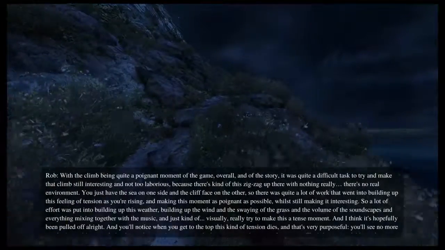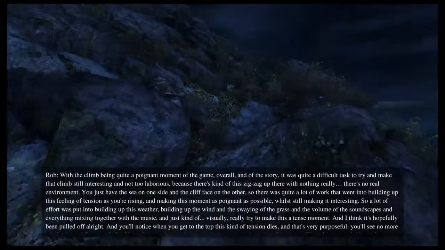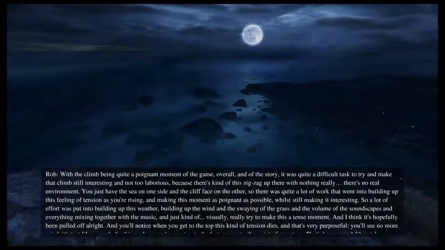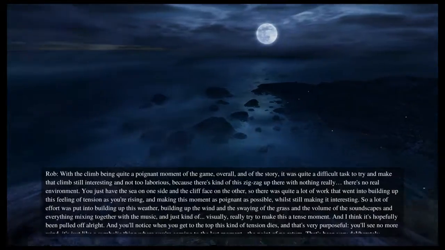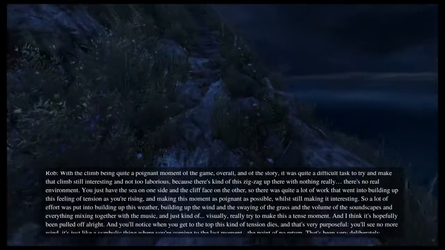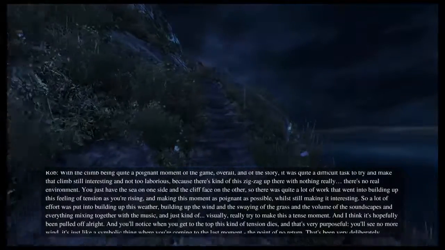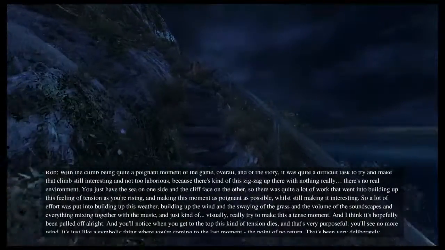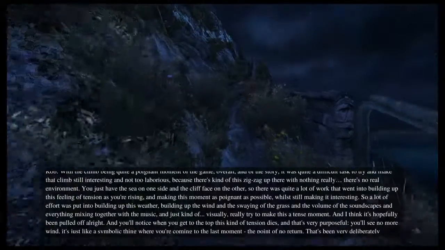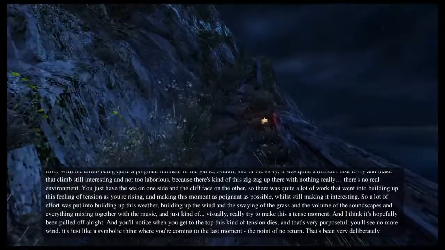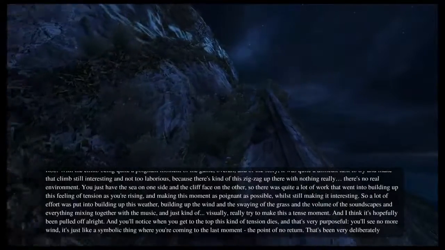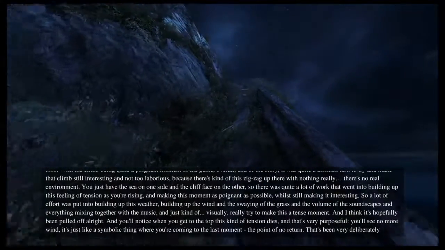With the climb being quite a poignant moment of the game overall and of the story, it was quite a difficult task to make that climb still interesting and not too laborious, because it's this zigzag up there with nothing really. There's no real environment. You just have the sea on one side and the cliff face on the other. So there was quite a lot of work that went into building up this feeling of tension as you're rising, and making this moment as poignant as possible while still making it interesting.